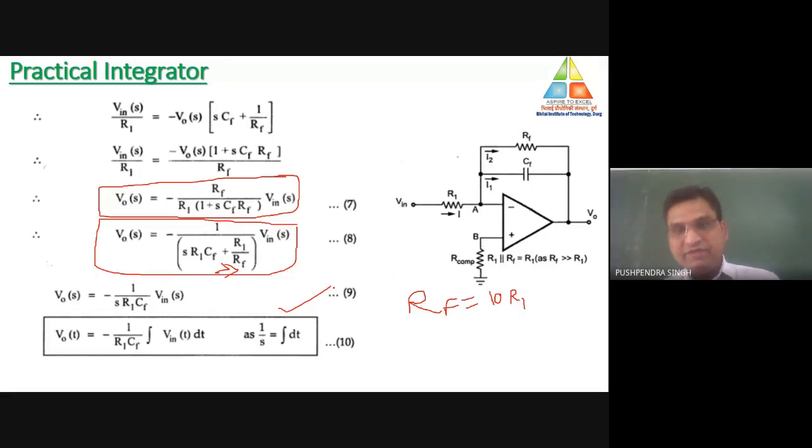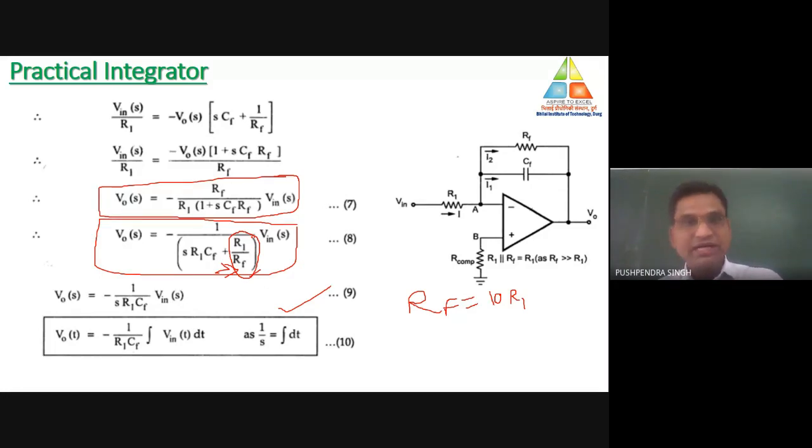That means when we change the circuit components, there would not be a change in the value of the output when we replace R1 and RF. So which parameters make the changes over here? R1 and RF. This is a crucial parameter for changing the value of gain. So how does it affect the output? For that we need to move further to the frequency response of this practical integrator.